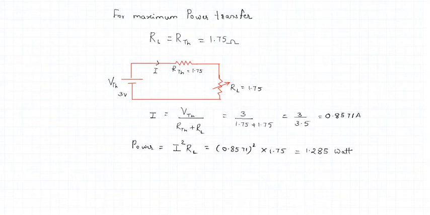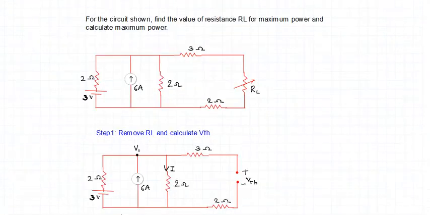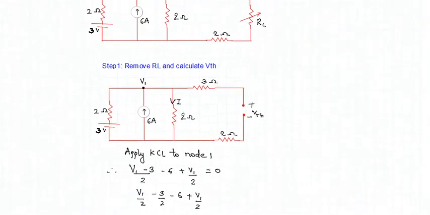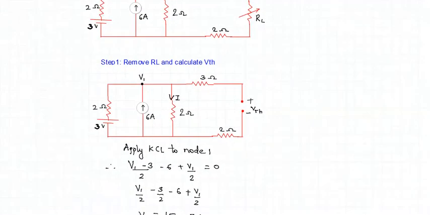Let us understand one more example wherein we need to find the load resistance RL so that this network provides maximum power to the load. So the first step is to calculate the open source voltage VTH. For that we remove the load resistance RL and open the terminals, and the voltage across that terminal is called the open source voltage VTH. So this is the network that we need to analyze to get the open source voltage VTH.